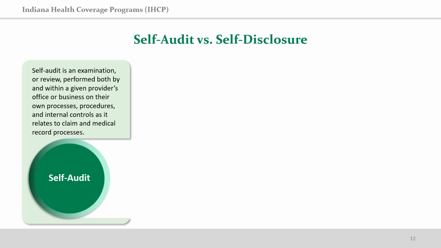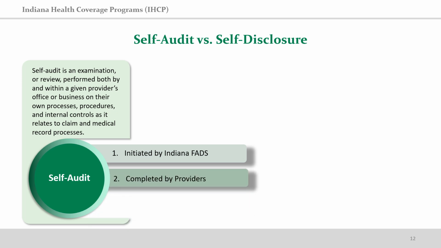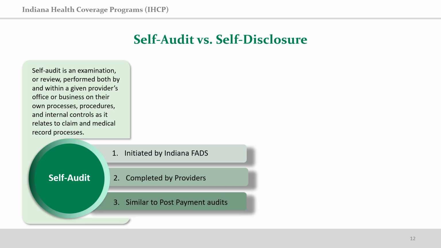Indiana FADS will initiate the self-audit process by sending the provider a certified letter by mail notifying the provider that they have been selected for a self-audit review of medical records. A self-audit is completed by the provider, giving them the opportunity to review the claims in question and provide supporting documentation associated with the billing of these services. Both self-audits and post-payment audits encompass a comprehensive review of records to detect errors and provide valuable insights aimed at